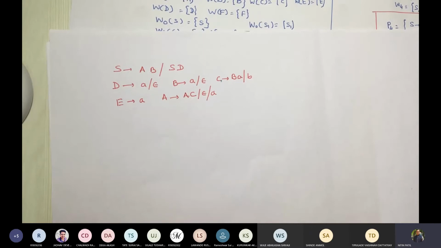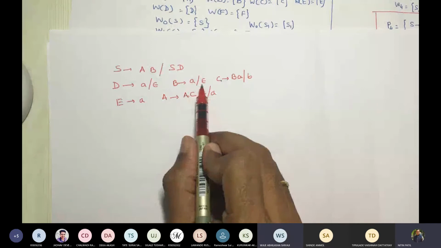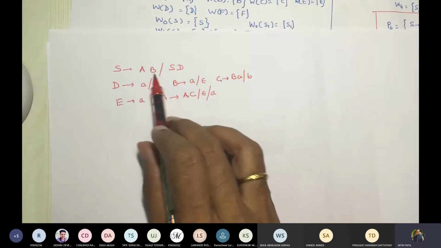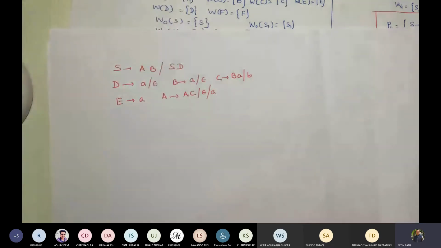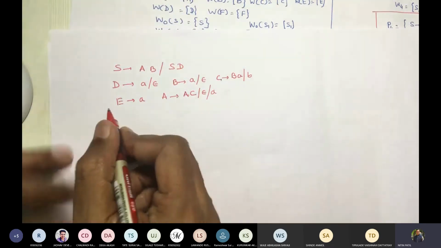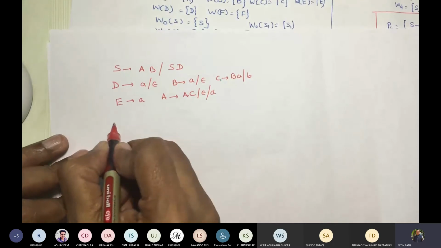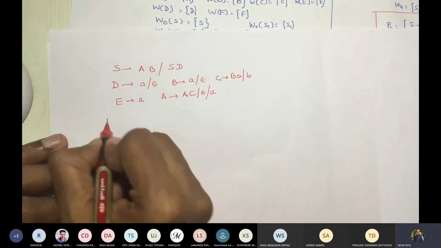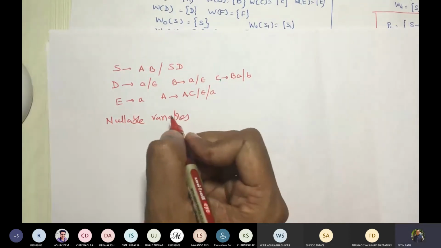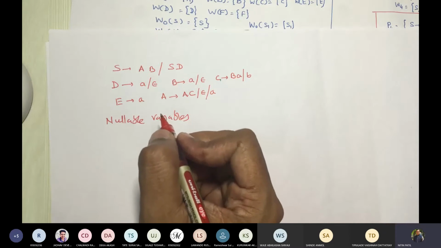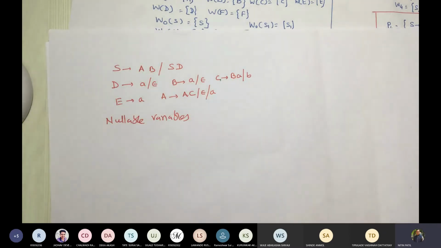Can you see whether S is nullable for you? Is S nullable? See, S gives AB, and B gives epsilon, A gives epsilon. So if I put epsilon for both, S is nullable, and S is occurring on the right side. So that S1 which we removed earlier will be part of it. So let us start with the first removal of null productions. We get what would be nullable variables. So the first algorithm is to take nullable variables. How exactly are we going to get nullable variables? Can somebody tell me how we would set up nullable variables?